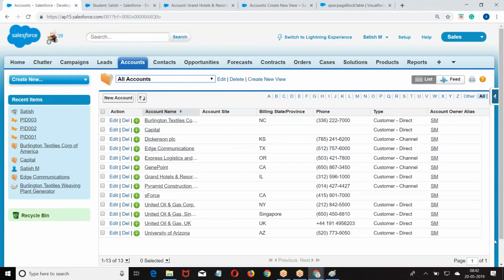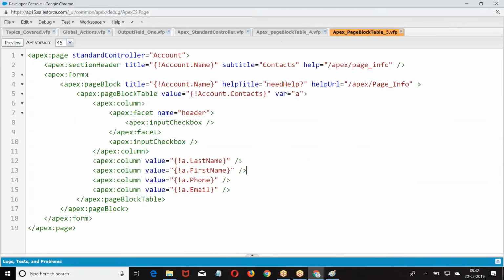Okay. Yes, I'm online. Go ahead. What is your question? So here the header which we have input, it is giving the input checkbox for the list of records which it is generating. Look at the point. The facet is only header. Whatever you write in the facet is only header.